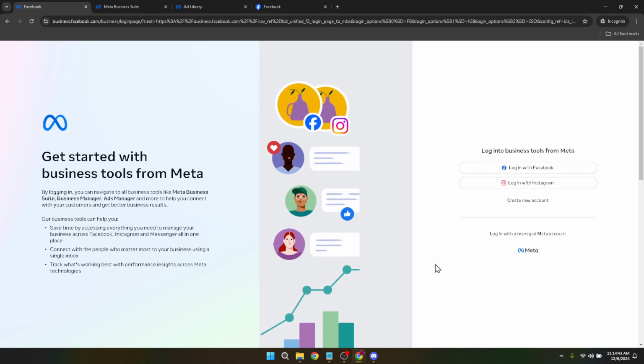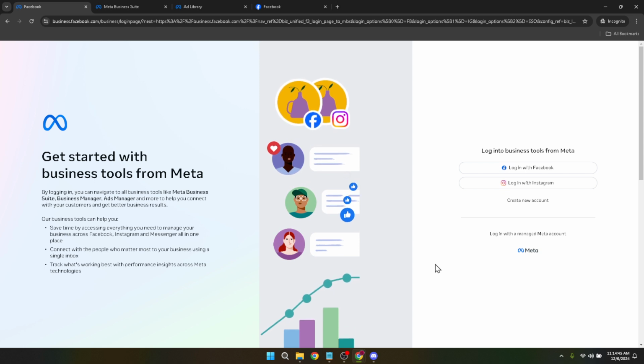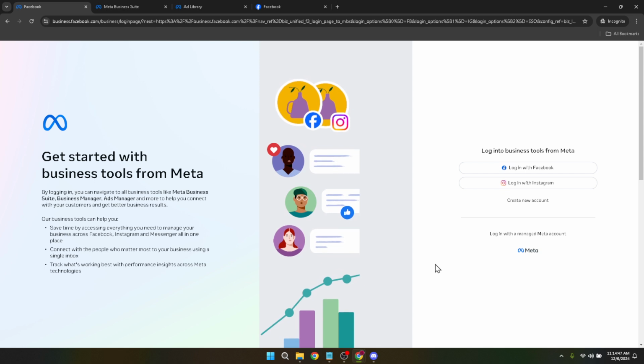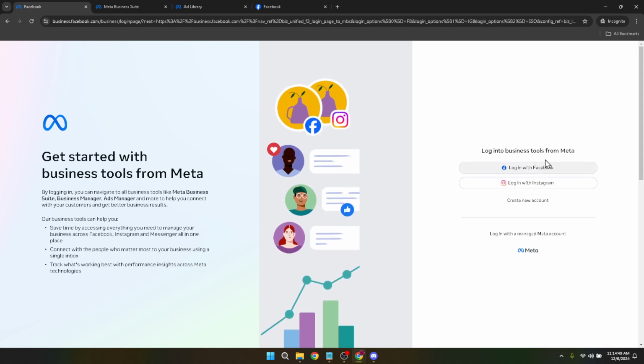First off, let's start by heading over to Facebook. Open your favorite web browser and type in www.facebook.com, then log in with your credentials. Once you're in, you'll find yourself on your home feed where you usually see posts from friends, groups, and yes, those ads we're talking about.